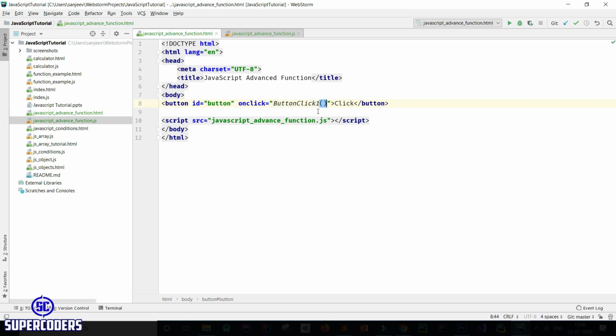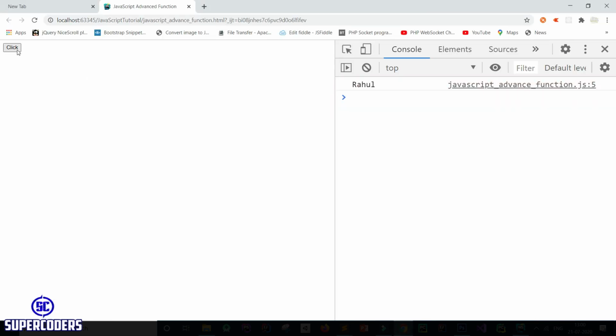So this is the first example of adding event listener on button. So here you can see I connect this button to function, which is first example. I will show you more about how you link button to JavaScript function. So this is the first example, directly adding on click event and passing JS function name. So let's run and click on. So you can see button is clicked. How much time click it will print button is clicked. So this is the first example of linking of button to JavaScript function.